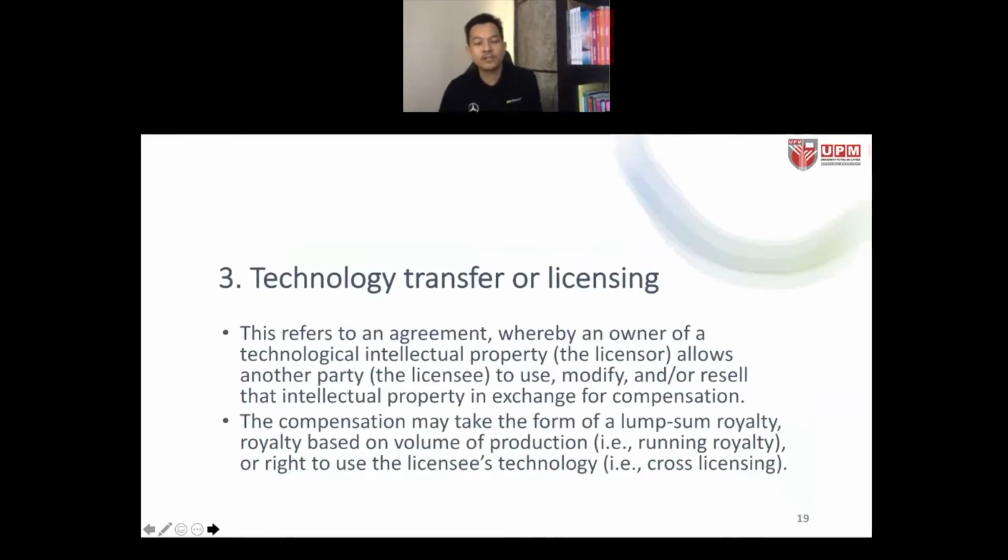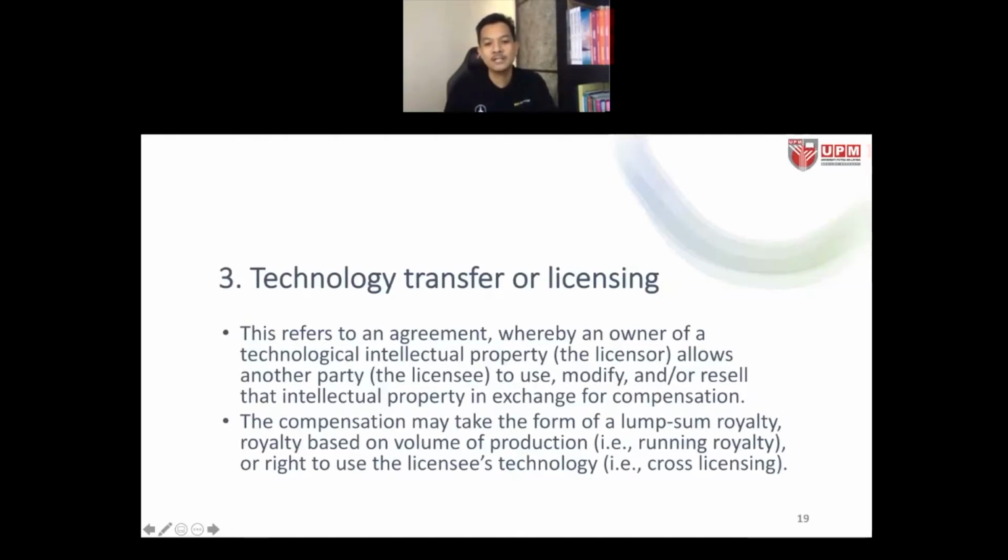And the last one, technology transfer or licensing, basically refers to an agreement whereby an owner of a technological intellectual property, the licensor, allows another party, which we call the licensee, to use, to modify, or to resell that intellectual property in exchange for compensation. It can be a lump sum of money, it can be periodical or in staggered form, right? The compensation may take the form of a lump sum, royalty based on volume of production, running royalty, or right to